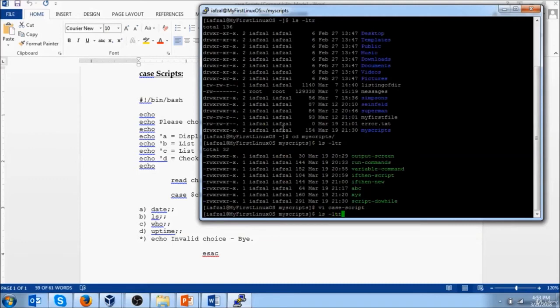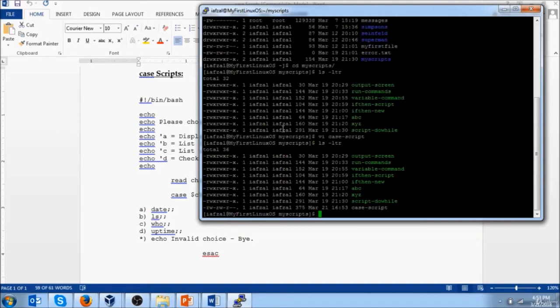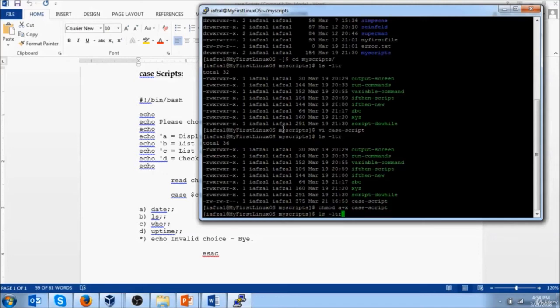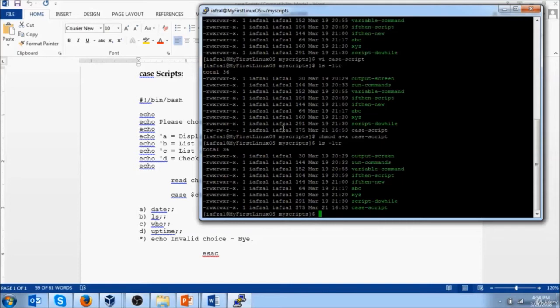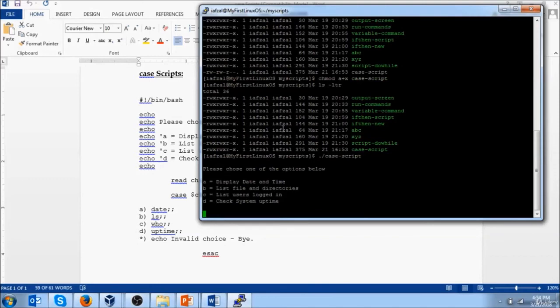Do ls -ltr. This is still just a file. It's not a script because we have not assigned executable permissions to it. To assign the executable permission, chmod a+x, which gives executable permissions to all: user, group, and others, and the name of the script is case script. Verify it has all the permissions. Yes, it does. Now we're going to run the script by typing ./case script. Once you run it, you'll see it gives you